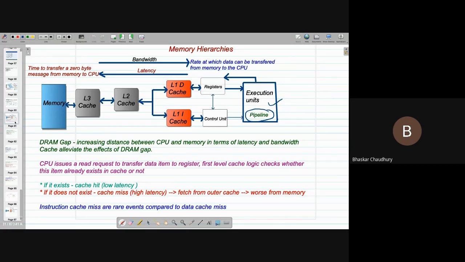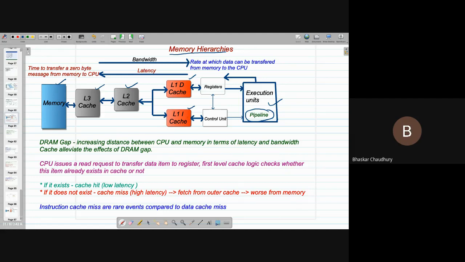Therefore, it's very important to really understand how the data flows before we can utilize this pipeline properly. Typically, we can look into this picture: there are multiple memories, and therefore we call them memory hierarchies. So you have a RAM, then you have L3 cache, then L2 cache, then L1 cache, which is the innermost cache. But L1 cache is not unified. So you have a data cache L1D, and you also have an instruction cache L1I.